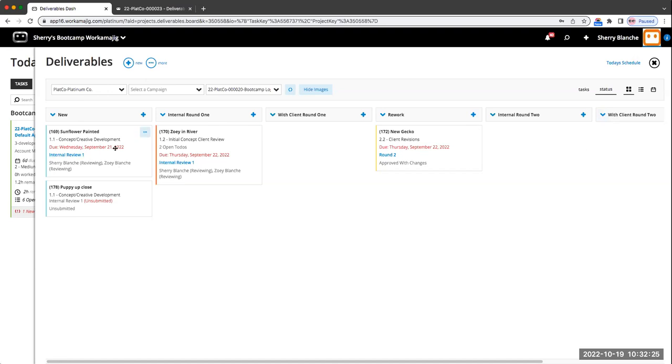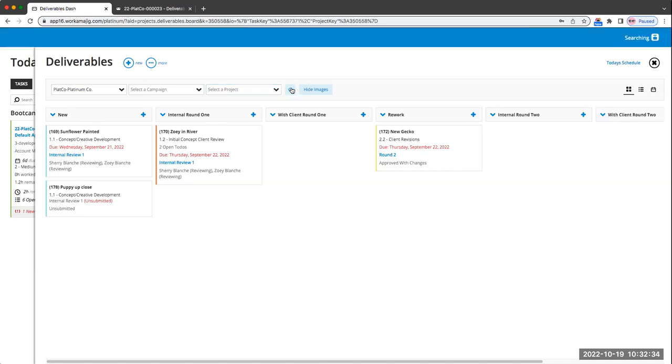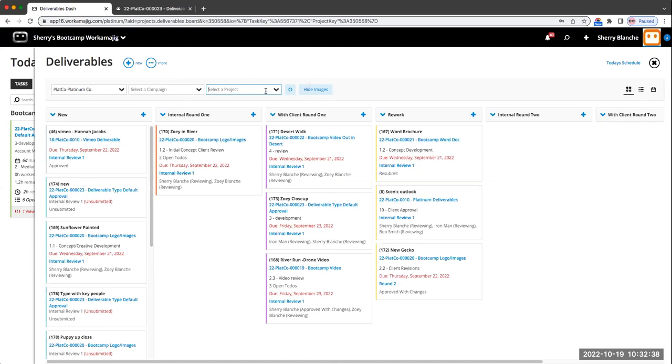And this is, I opened it from this project specifically. So it opened again to that project. If I say I need to see all of the deliverables for this client, I can do that. But it's really saying, well, what am I really trying to see here? Am I trying to see it by campaign, which again, you can assign these by campaign, by project, by task,